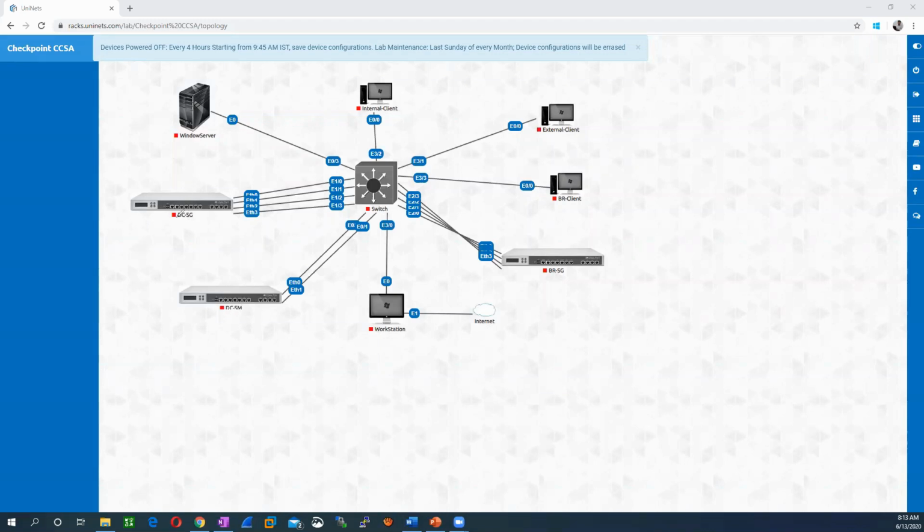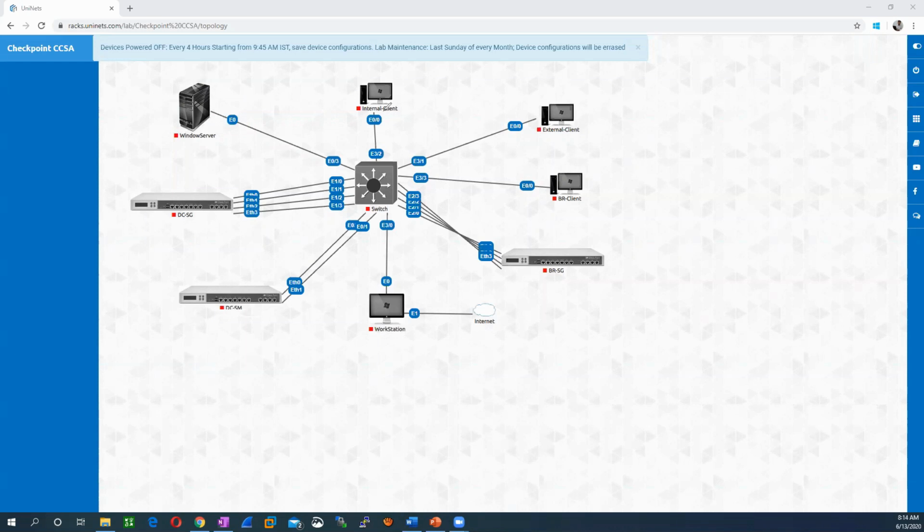And this device we will use as a security gateway. This we will use as an active directory. This would be your active directory server, and it would be used when users try to access the firewall and we apply a user-based policy. So we will use the active directory server.